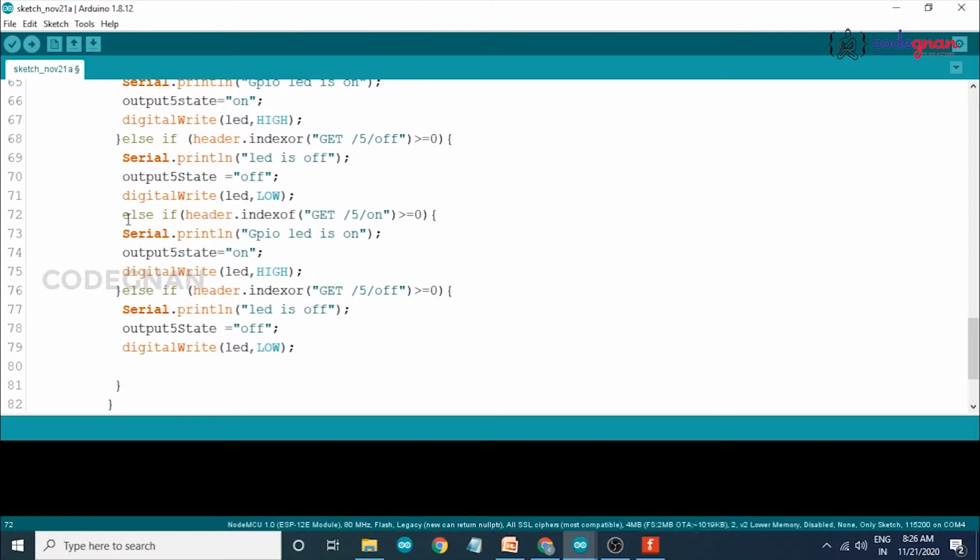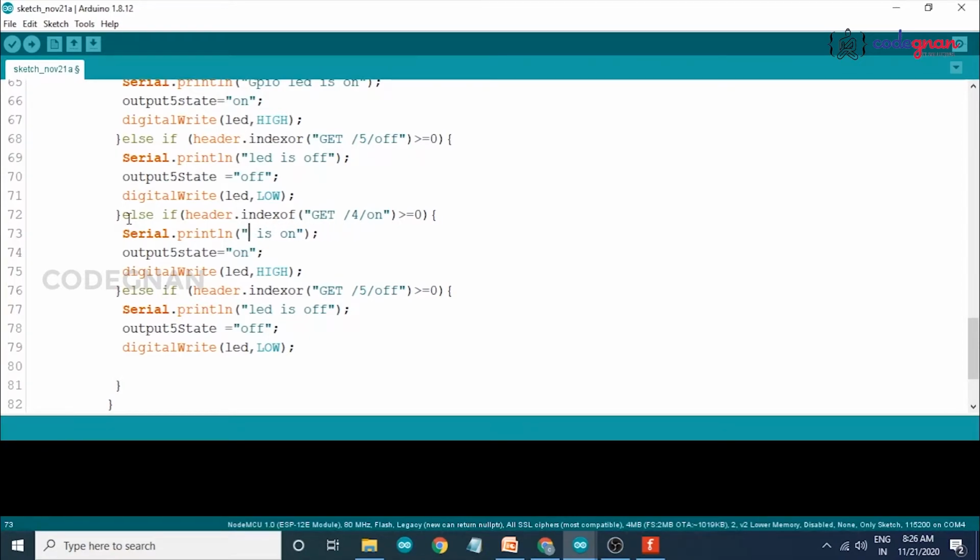Else if header dot indexOf GET /4/on, that means buzzer 4th pin,